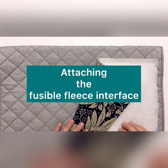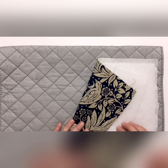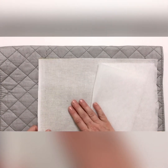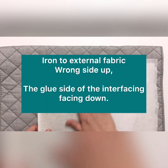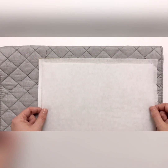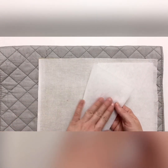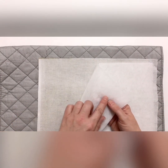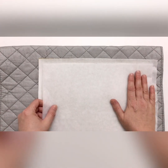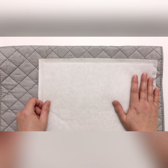This part of the video is about attaching the fusible fleece to your already prepared outer fabric that's already been reinforced with some woven interfacing. So you'll want to place your fusible fleece rough side down. Now the rough side is the glue, and the fluffy side at the top will actually stick to your